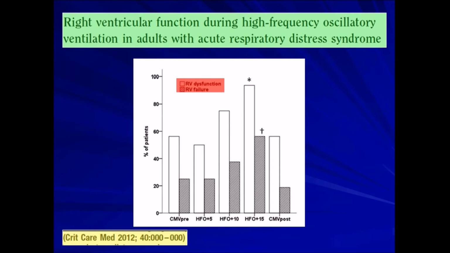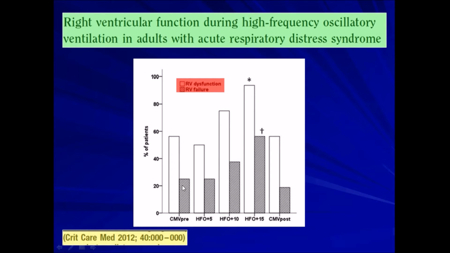So in this trial, they tried to study the right ventricular function during high frequency oscillatory ventilation in ARDS patients. They randomized patients to conventional mechanical ventilation, then they changed them to high frequency plus 5 of mean airway pressure. So you take the mean airway pressure in the conventional, you increase it by 5, then you increase it by 10, then you increase it by 15, and they studied the right ventricular function by echocardiography during all of these manipulations. So they discovered, or they confirmed, that right ventricular dysfunction, this is dysfunction, and this is right ventricular failure,